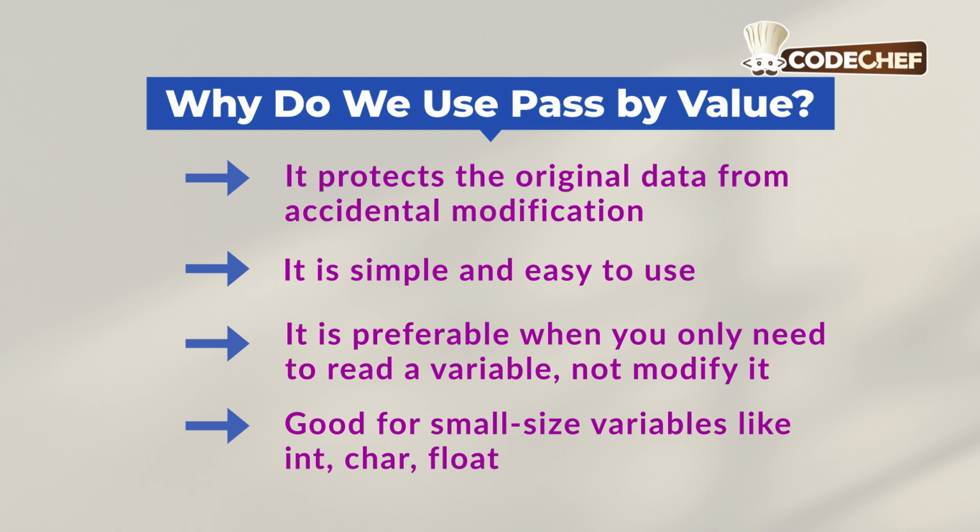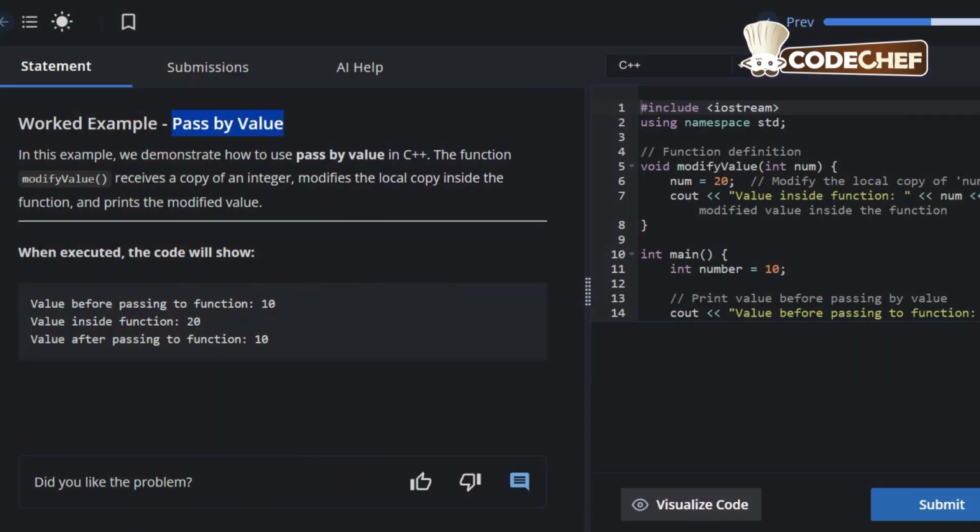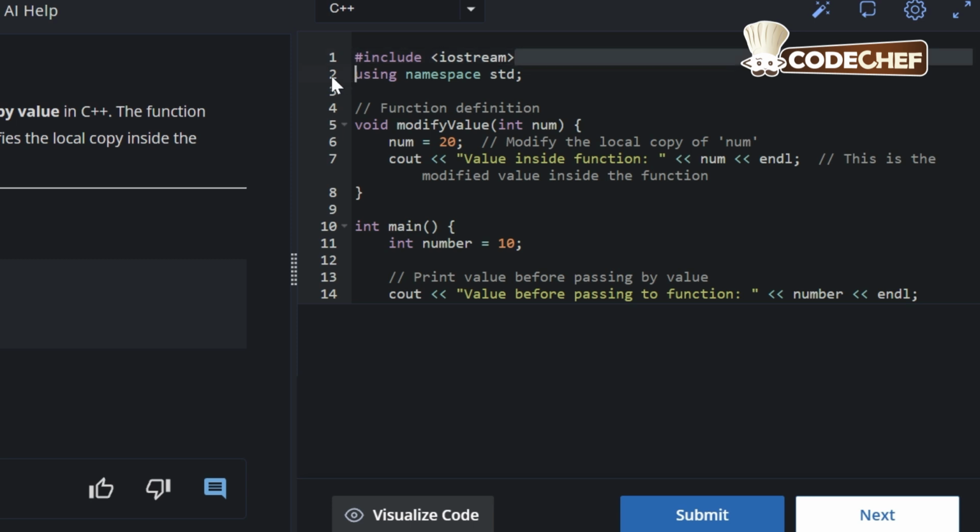Now let us go to the CodeChef platform and see an example of pass by value in C++. Here the program objective is pass by value and the expected output is: value before passing to the function: 10, value inside function: 20, value after passing to function: 10. Coming to the code, #include <iostream>, using namespace std;